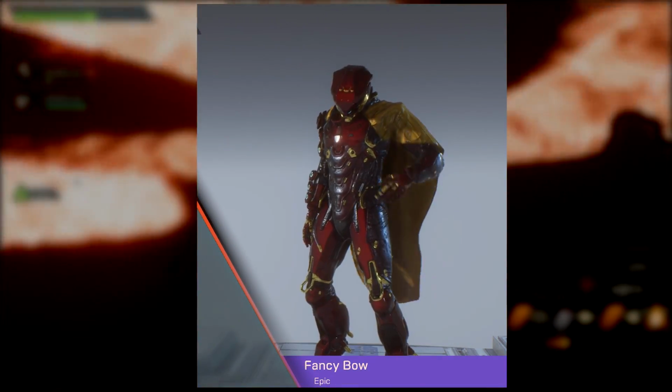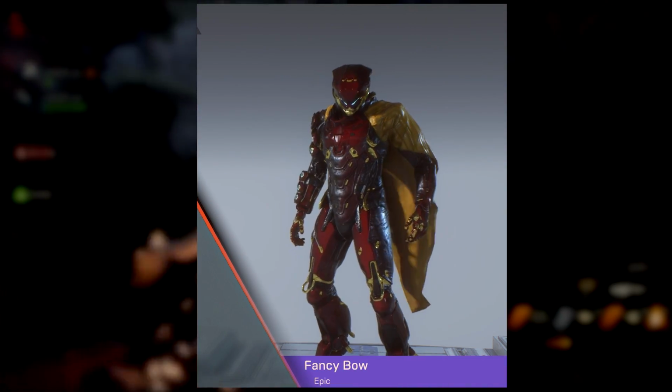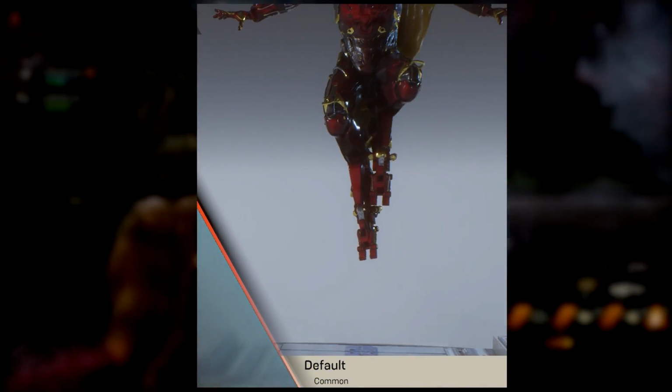You have the chest pound and the fancy bow, which is a bit more epic, so I would assume that it would cost a lot more. Again, we're not looking at how much stuff costs because the economy isn't quite done yet. But you also have arrival animations, which this is your normal default one for the storm, but you can also